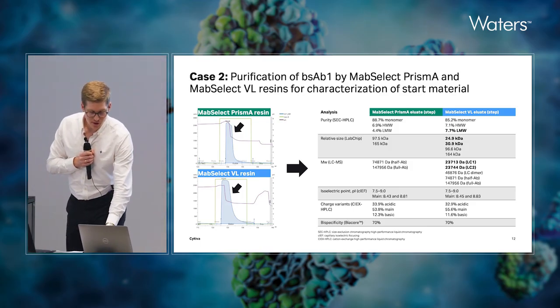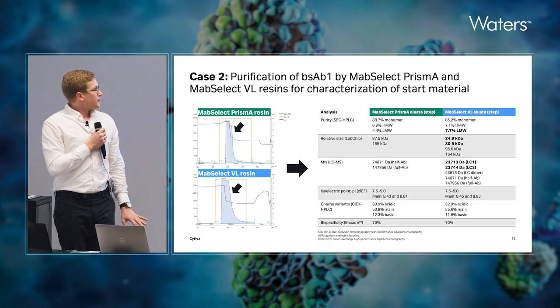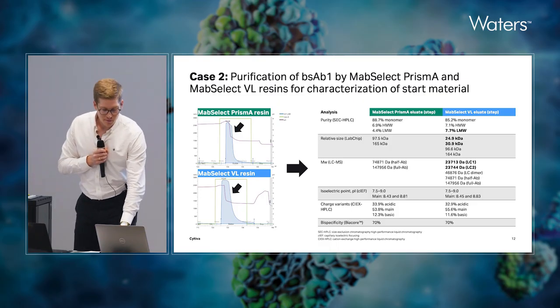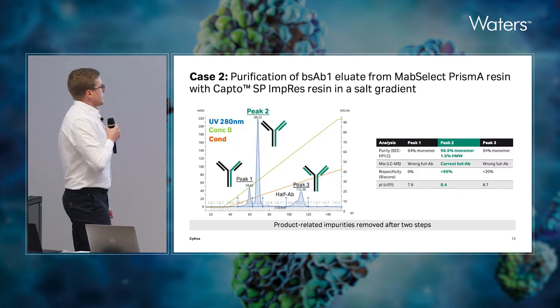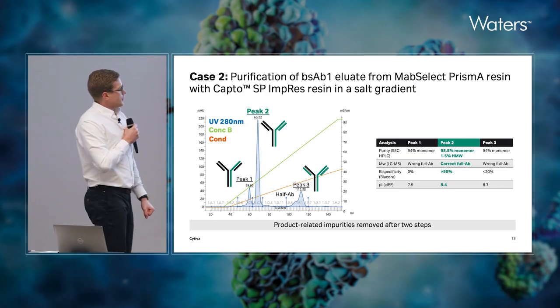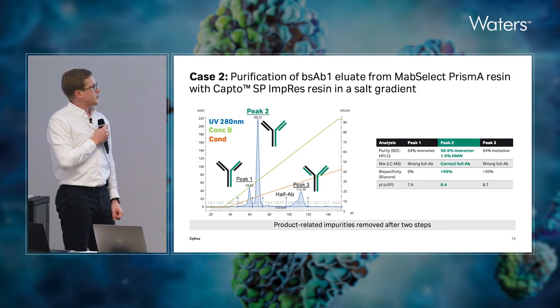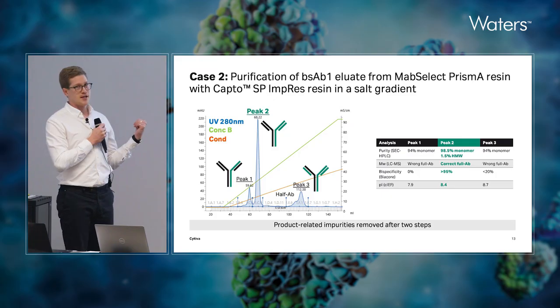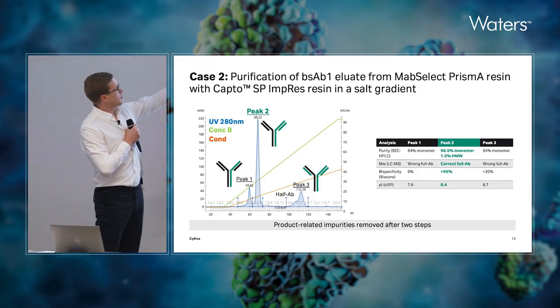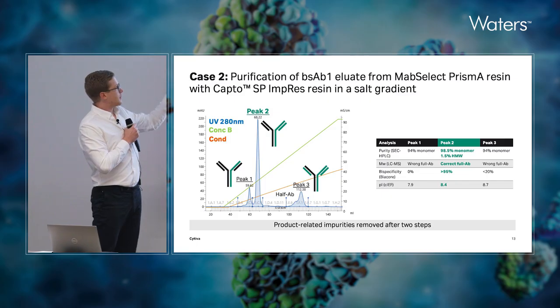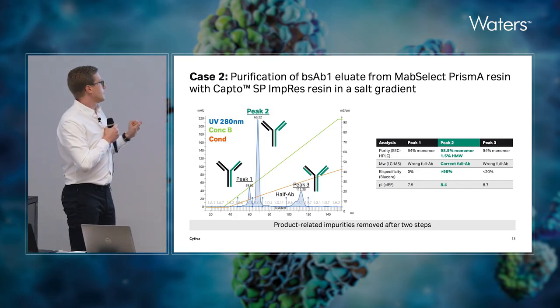So here we characterized the start material, and then we aimed for a second polishing step to see if we can purify our desired product out of this more or less soup. So we know that we are going to have our correct antibody, but we could also see in the eluates on the previous slide that we have a mismatch of the light chains. So the one we want is going to be the one in the middle, black and green light chain, black and green heavy chain.